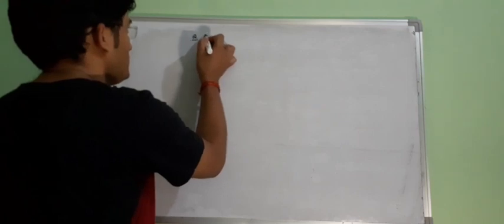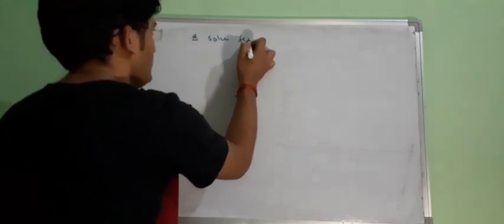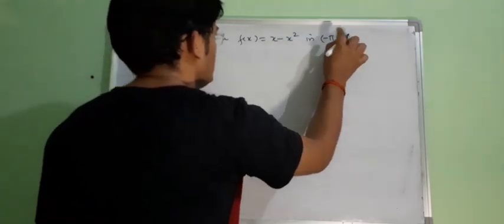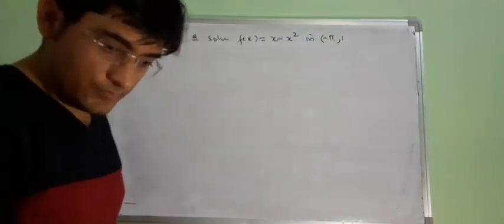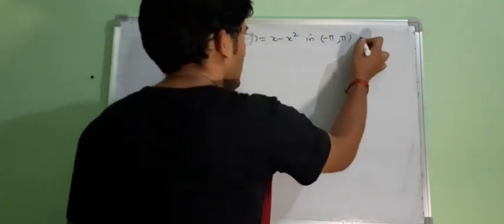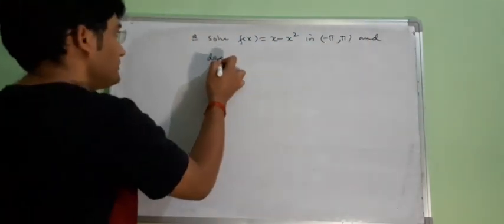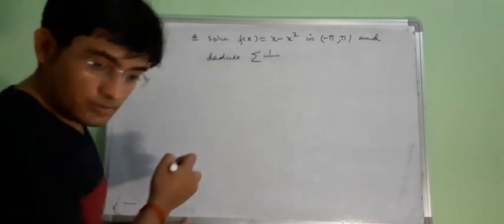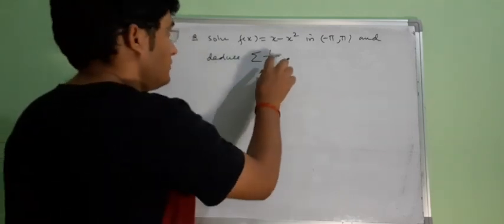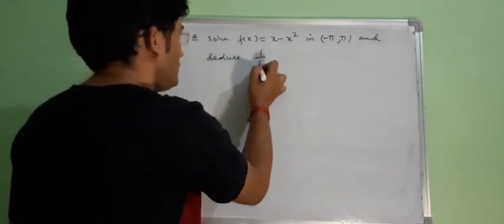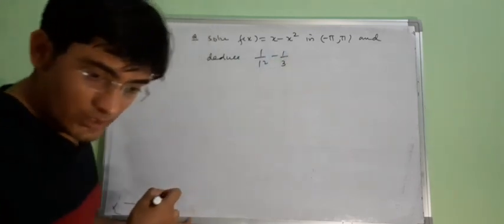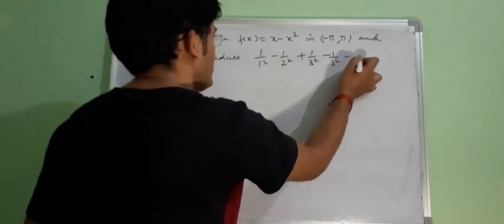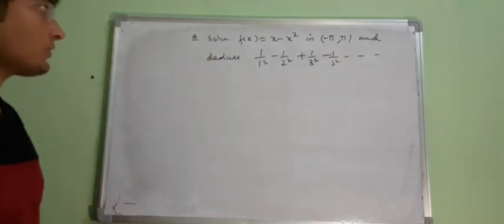First question: expand f(x) equal to x minus x square in the interval minus pi to pi, and deduce the series 1 upon 1 square minus 1 upon 3 square, 1 upon 2 square plus 1 upon 3 square minus 1 upon 5 square, and so on. Deduce this series. Solution: